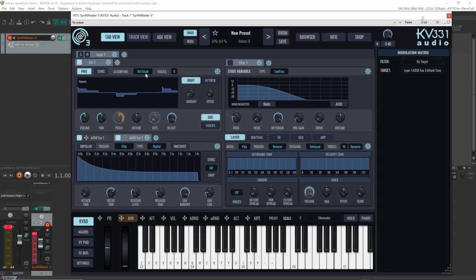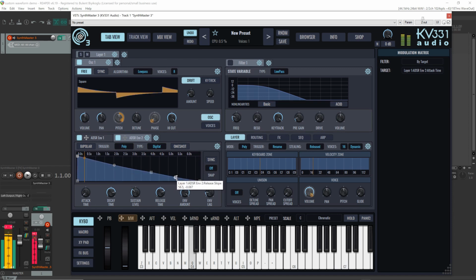And let's go back to low pass algorithm. So it's just basic pitch modulation, nothing special here. But now I'm going to